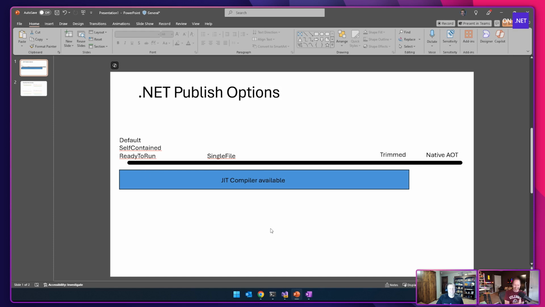Made it really straight. But this is great because you're visualizing it in the same way. And I love that you had that visualization ready to go, because of that sense of choice, this line and this spectrum. I would say a non-trivial amount of .NET developers just don't even know that this is a choice. They just accept the defaults, and you called it out as default over on the side. And it'll be great. It'll be performant. But if they start learning about these other options and start moving towards native AOT, if it's appropriate for what they're trying to accomplish, it could offer a lot of benefits. Yep, for sure.